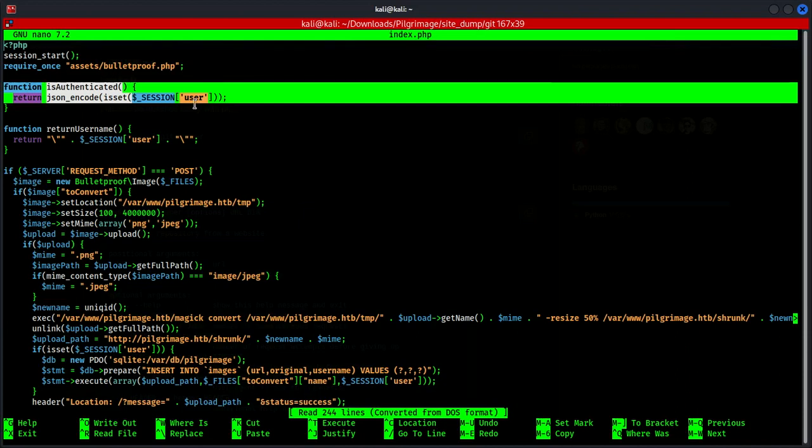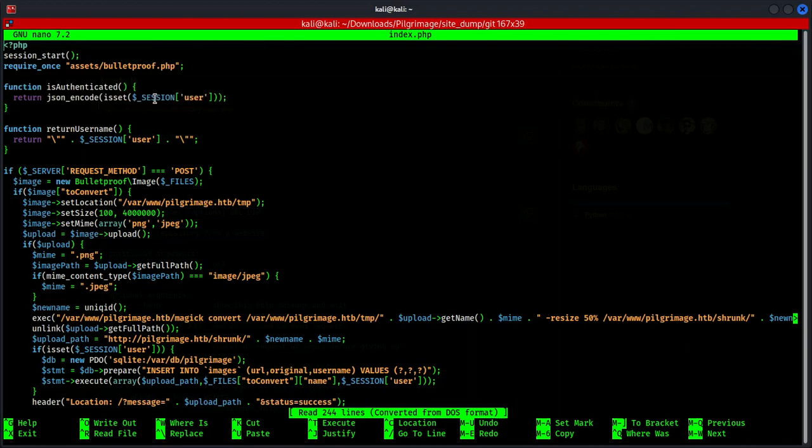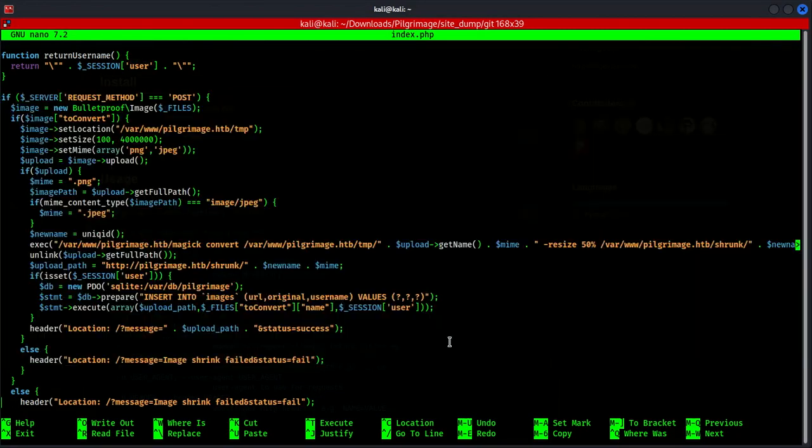I believe this function checks whether the user is authenticated by checking if the session and the user variable is set. And if the variable is set, it means that the user has logged in and is authenticated. Okay, so this particular code handles image uploading and resizing. It checks if the user is authenticated, processes the uploaded image using the